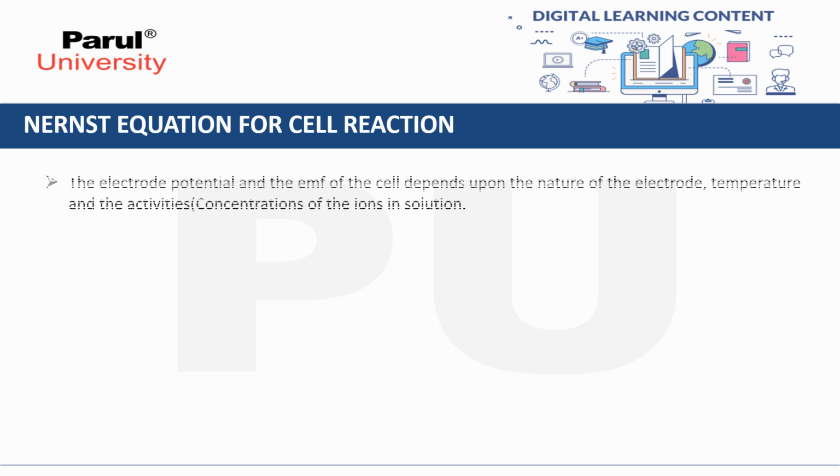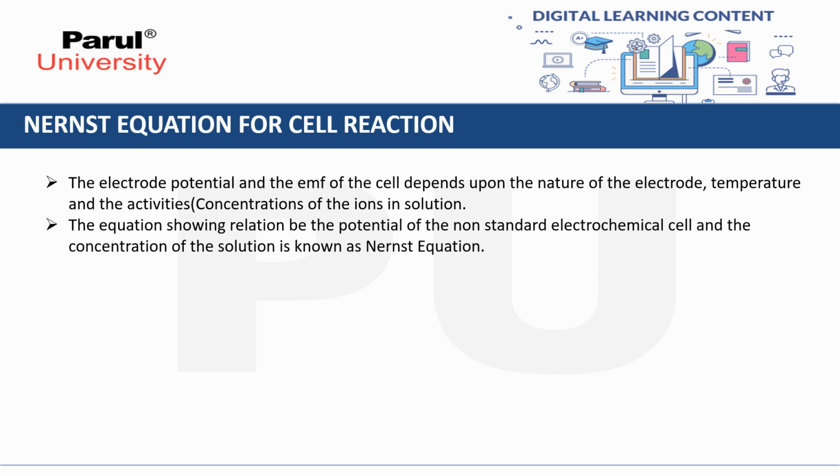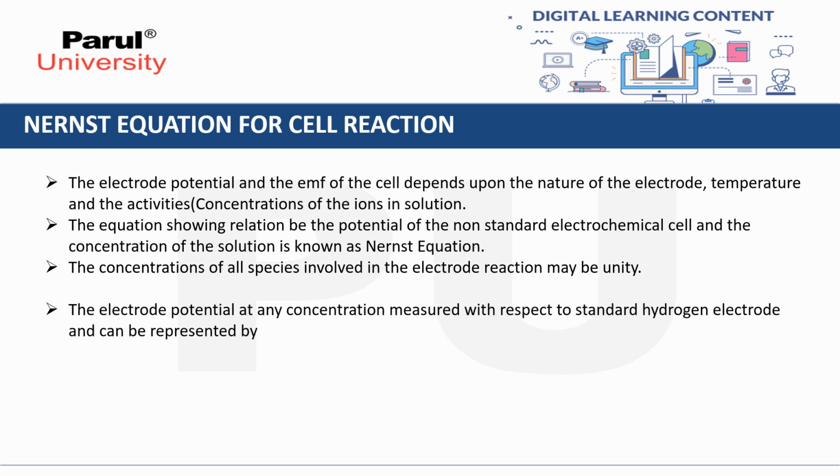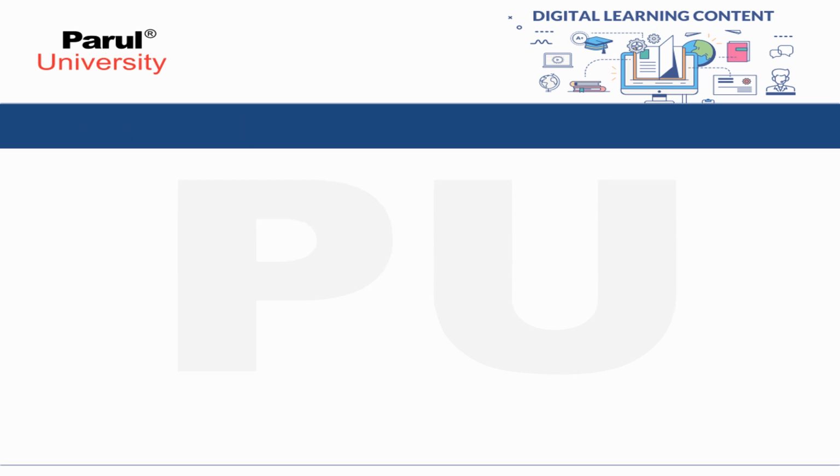Nernst equation for a cell reaction. The electrode potential and the EMF of the cell depend upon the nature of the electrode, temperature, and the activities, that is, the concentration of the ion in the solution. This equation shows a relation between the potential of a non-standard electrochemical cell and the concentration of the solution. Hence, it is known as the Nernst equation. The concentration of all species involved in the electrode reaction may be unity, but the electrode potential at any concentration measured with respect to standard hydrogen electrode can be represented by